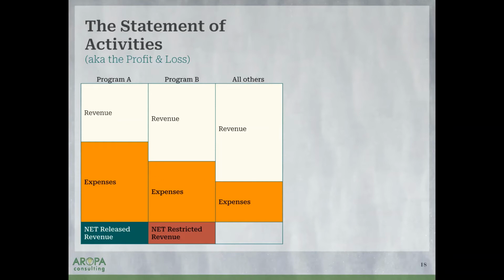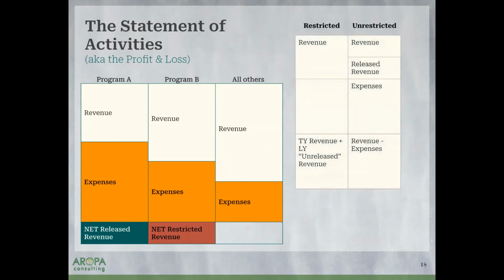Now, say you just have general unrestricted revenue. That's the third bucket. That's just considered unrestricted revenue. You don't release it because it's already in the general pot for use. And so, you have your fundraising expenses, your management expenses. So say we're very lucky that we have all of this extra revenue that isn't restricted, and very few expenses. So that is how our revenue and expenses are organized.